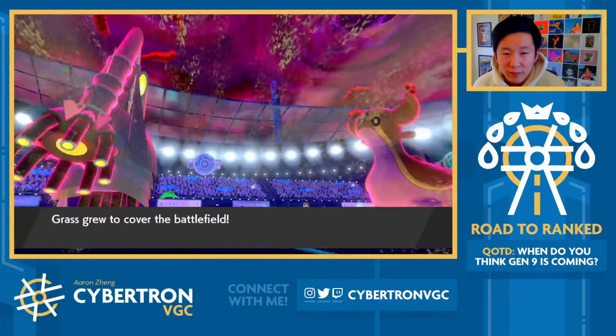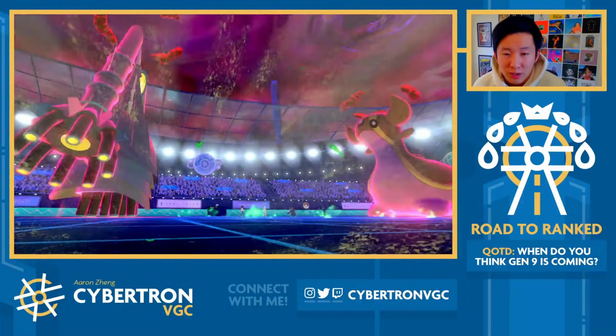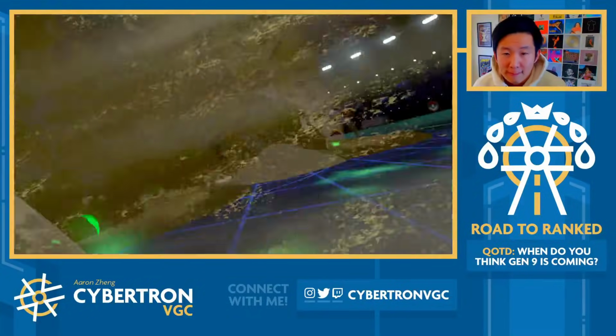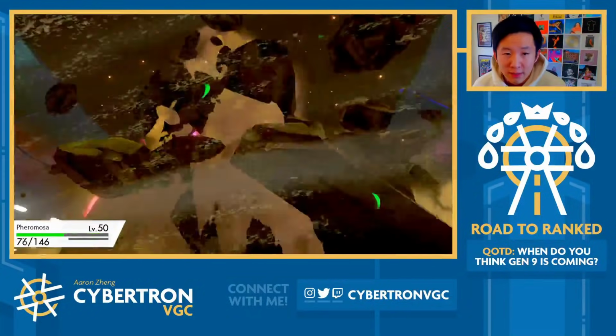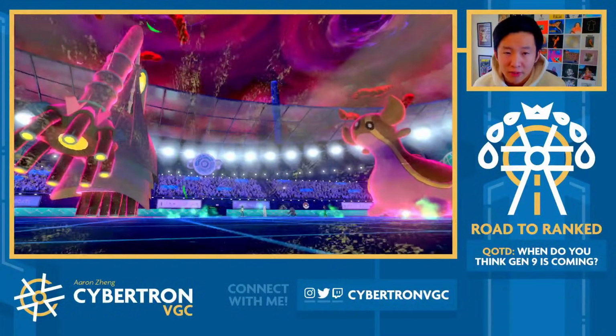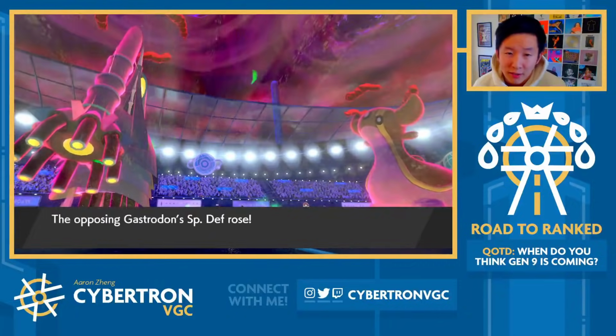This will grant me a free switch in this next turn. I'd probably just want to go into Kyogre. It's going to be Max Quake, okay? Now that I've gotten the speed boost up, Pheromosa doesn't even faint. I think what I can do is just go for a coaching onto Celesteela and then a Max Steel Spike